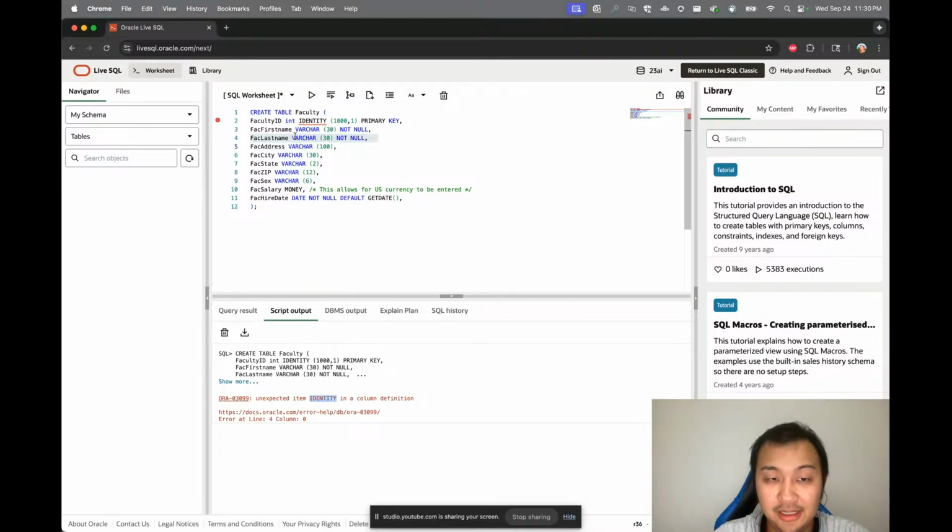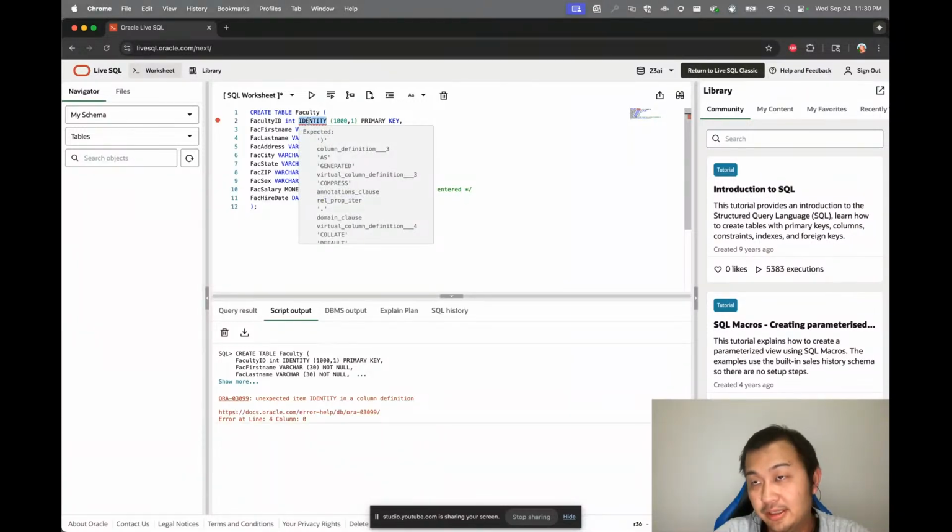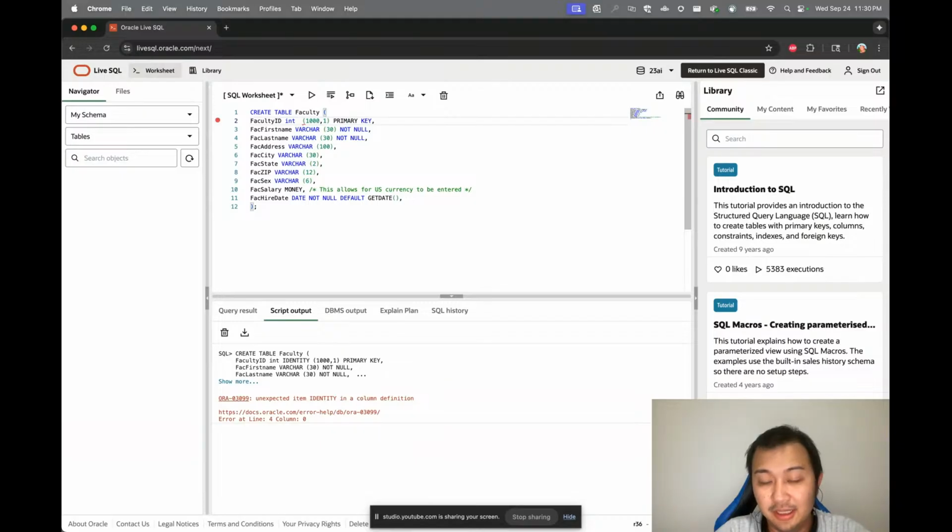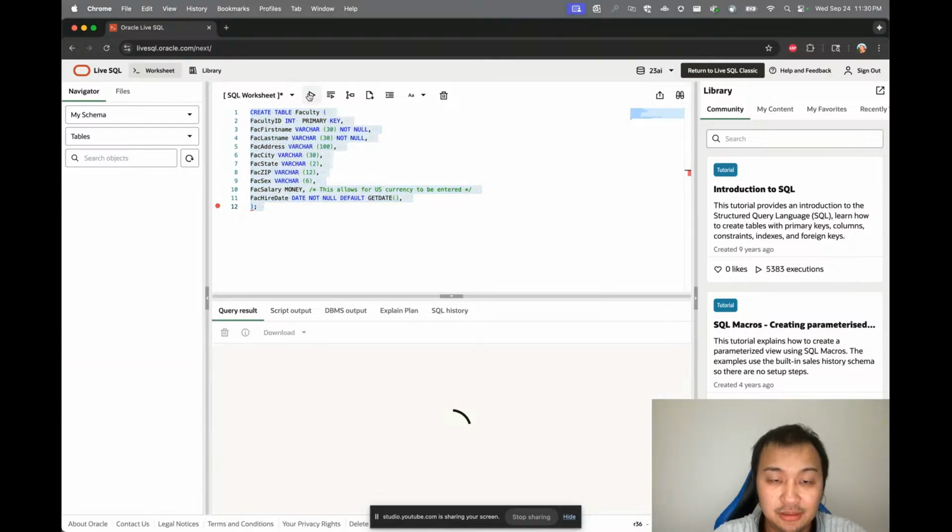They all suck. You just have to know exactly what caused the error based on the ambiguous description they give. For identity, SQL Server has the keyword identity to use as a primary key. In Oracle, you don't have that and you don't need it. You just need the primary key here and everything will be taken care of. So that's all you need. Now if we run this again,